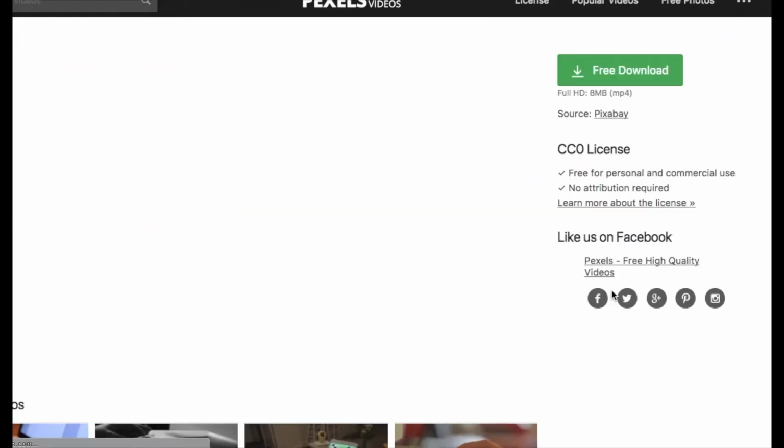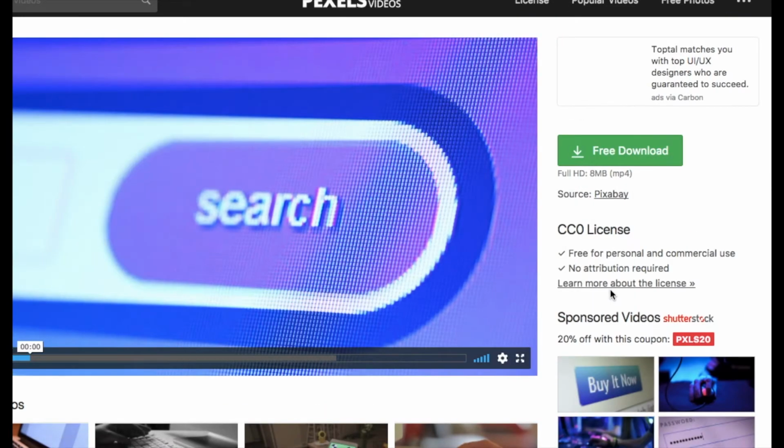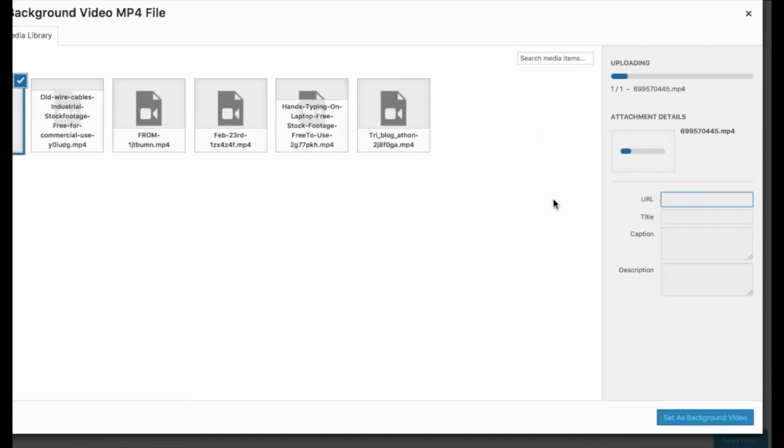Because I'm writing a post about looking for tools, so that one's perfect. It's just a very short search clip that when I embed into that Divi module, it's going to just loop again and again and again. So I'm uploading that. And then again, the other thing that's really nice about Divi is that as you're using and building the modules,